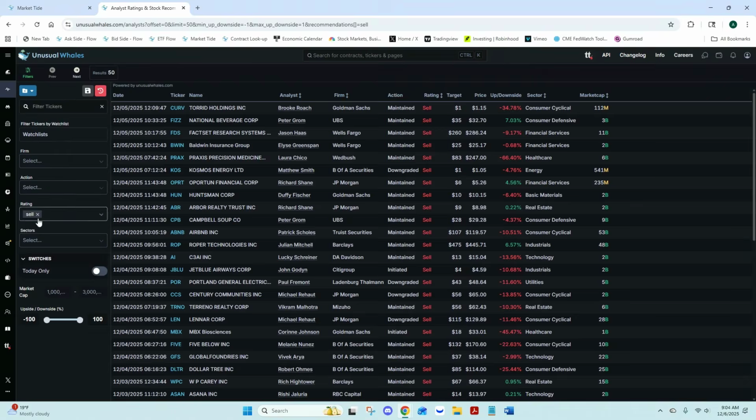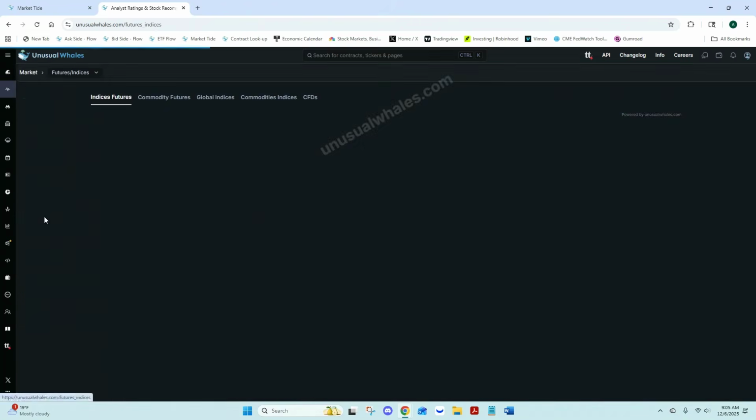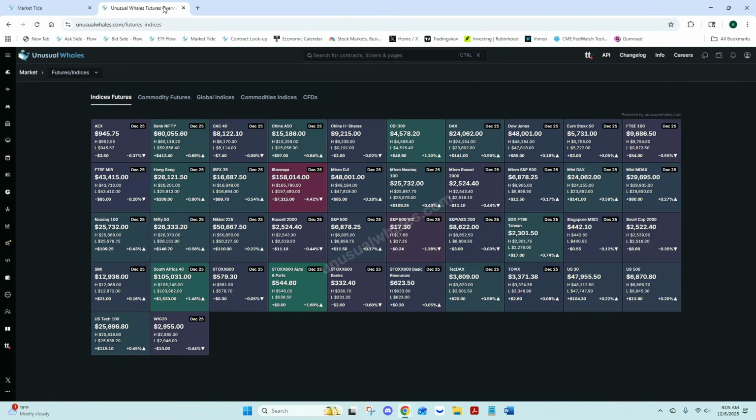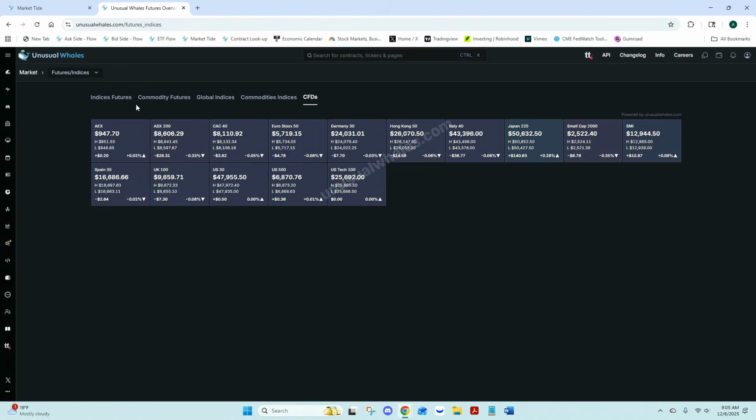Analyst ratings, these are updated as they come in throughout the morning. I keep an eye on here. You'll get all your buy, hold, sell ratings in here. Again, you can filter it however you'd like. Futures indexes here. So it's just going to tell you your futures information, commodities, indexes on a global stage, commodities, CFDs,